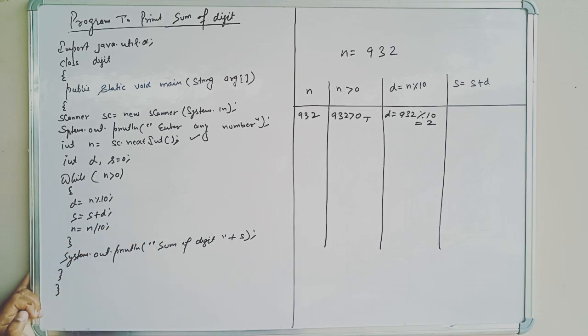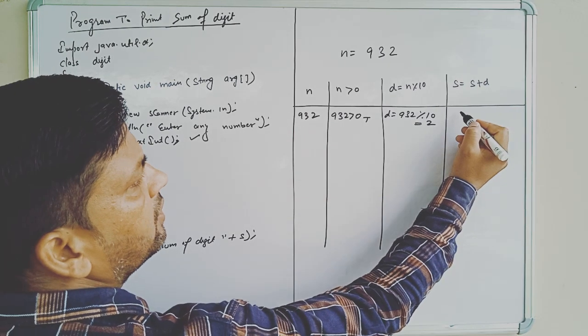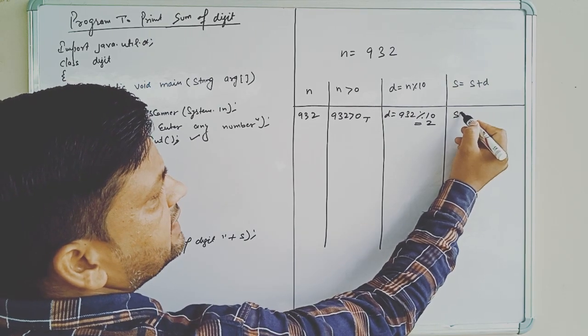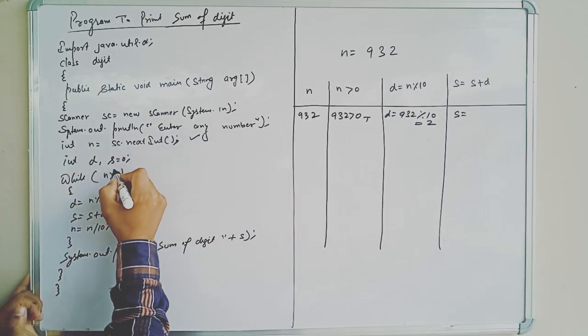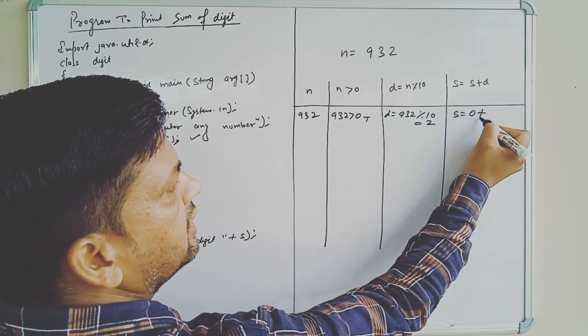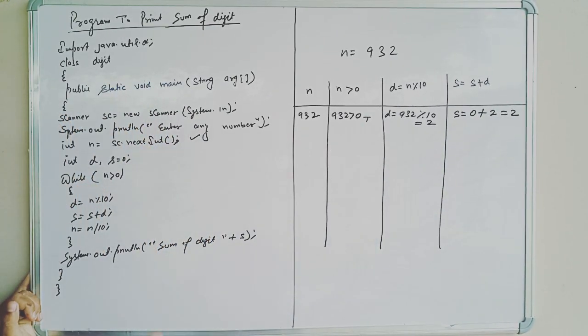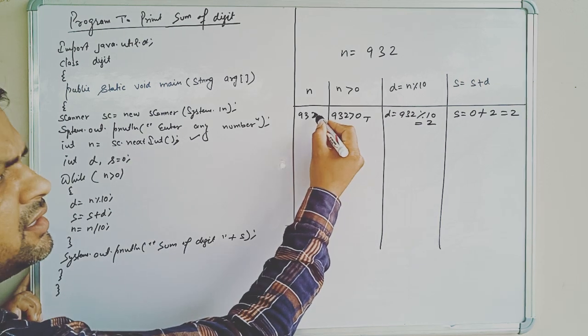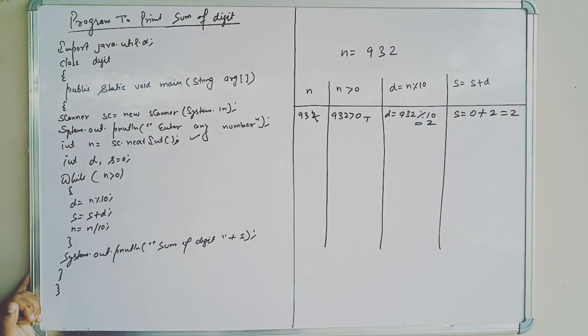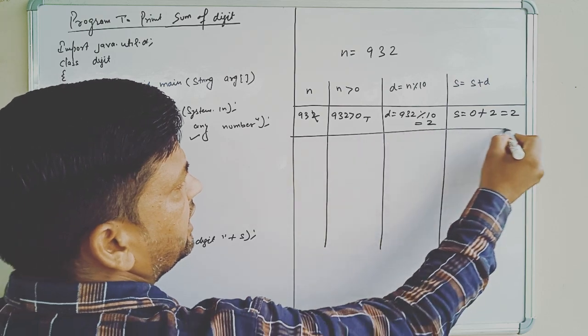Now next statement, s is equal to s plus d. Now s equal to, what is the initial value of s? 0. 0 plus d value is what? 2. So what will be the value of s for the first iteration? 2. Now next, n is equal to n divided by 10. It means last digit will be removed. So 93 will be left under n. So the second iteration will be